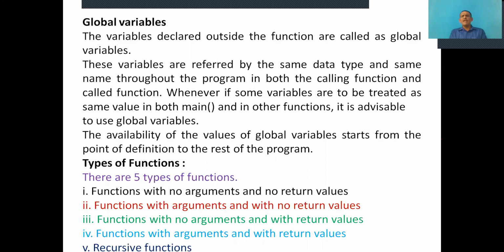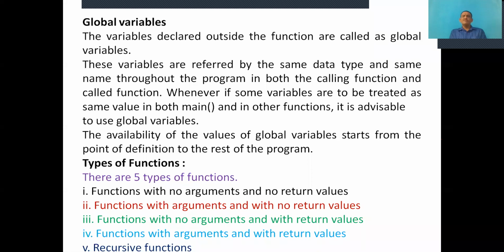Number 1 is functions with no arguments and no return value. The second one is functions with arguments and no return value.